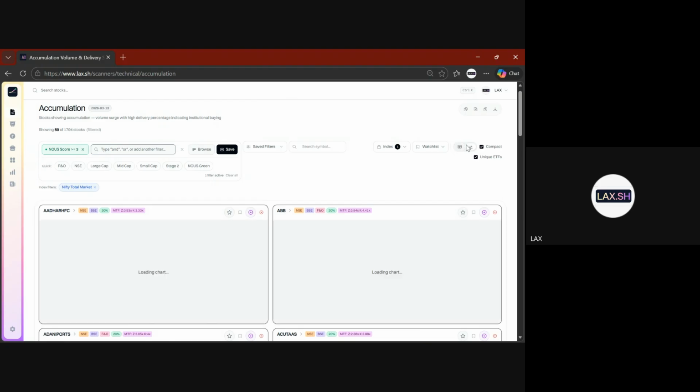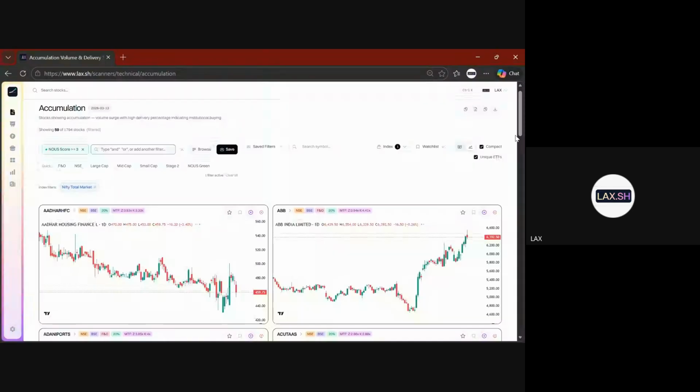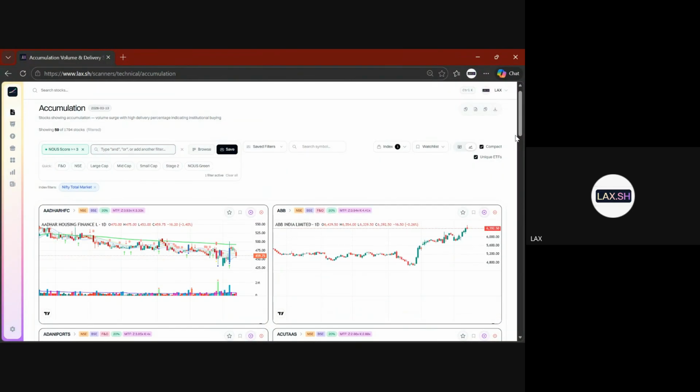I can easily switch to chart mode and look at the stocks. If I find risk-reward good, chart good, and I like the business, the theme, the management, I can buy them, right? If I don't like them, I can move to something else. Because see, Lakhs is not supposed to tell you buy this, sell that. Lakhs is supposed to be a data analytics platform with high quality strategies and indicators built into it, so that you are able to use them based on your own understanding and use case. That's what Lakhs is for.